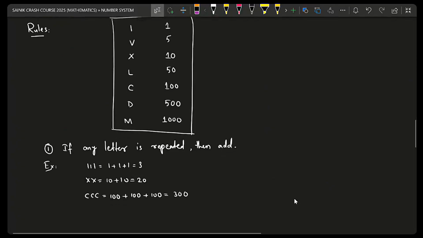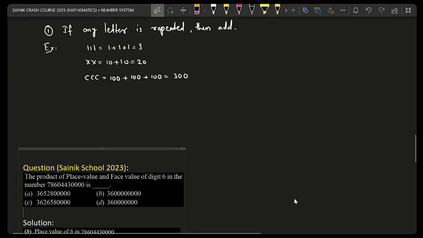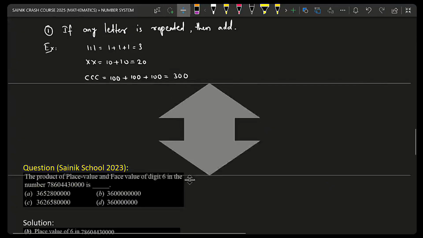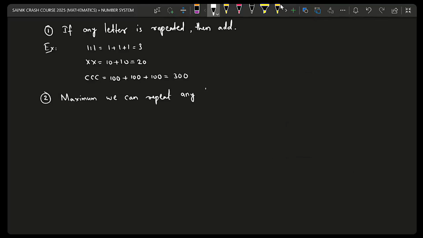Like this, we cannot repeat a letter more than 3 times. That is the second rule. So the maximum number of times a digit can be repeated at a given place is 3. So maximum how many times we can repeat a digit at a given place? Maximum we can repeat any letter 3 times. Any letter 3 times. That does not mean that you cannot repeat more than 3 times in a given number. In a given number, you can repeat more than 3 times, but together at a particular place, you cannot repeat